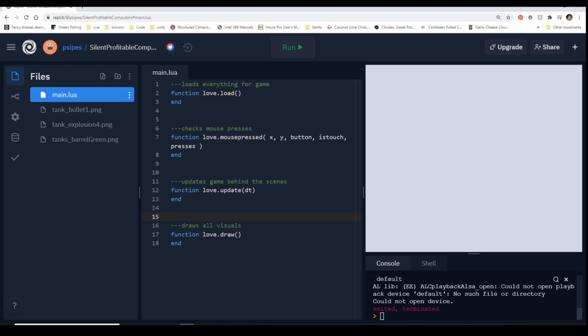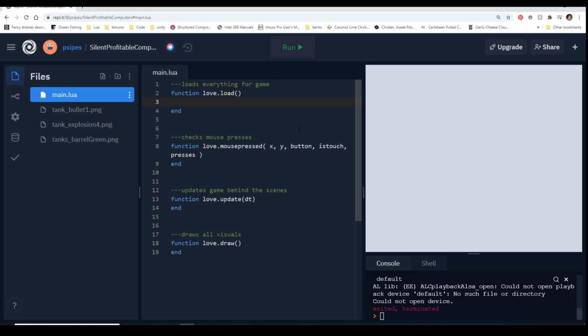So the next thing we need to do, now that we have these images, is we actually have to load them, because we've seen Love can't use images unless we've loaded them. So we can't call these down here. We have to load them first. We have to give the program access to them.